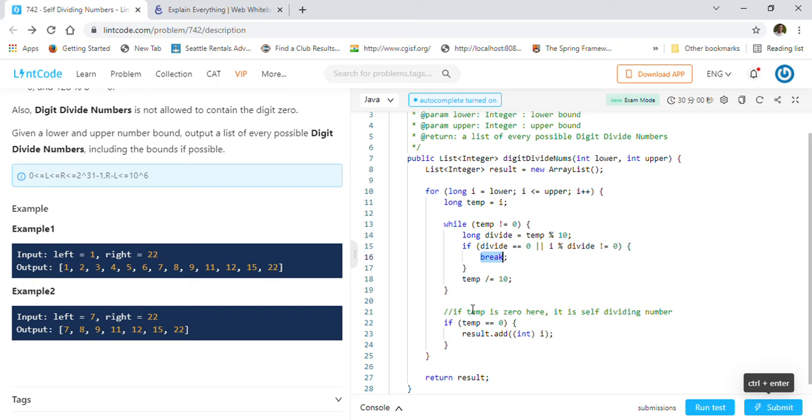So we will just break it out, and at the end we will check here if the temp is equal to 0, which means that in the while loop it checked all the numbers are divisible. For example, in 151, 15 is divisible by 1, 15 is divisible by 5. It checked all the numbers, and if it is satisfying it, we will just add it into our result list actually, right? So result list is list of integer, and we will just